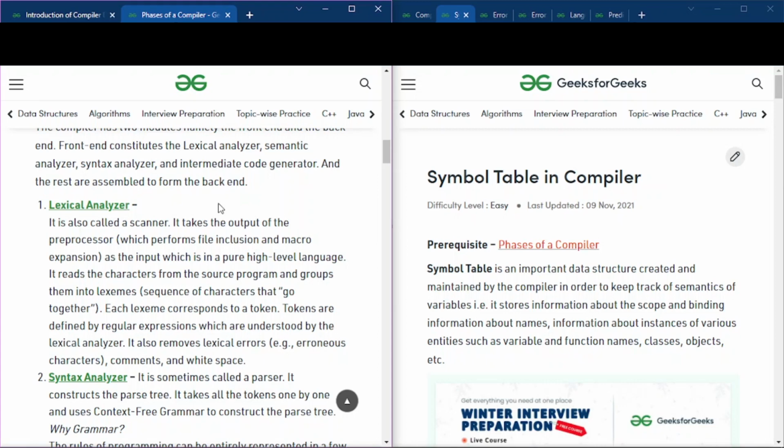These tokens are only understood by the lexical analyzer, and it removes the lexical errors like characters or comments or white spaces, these things.